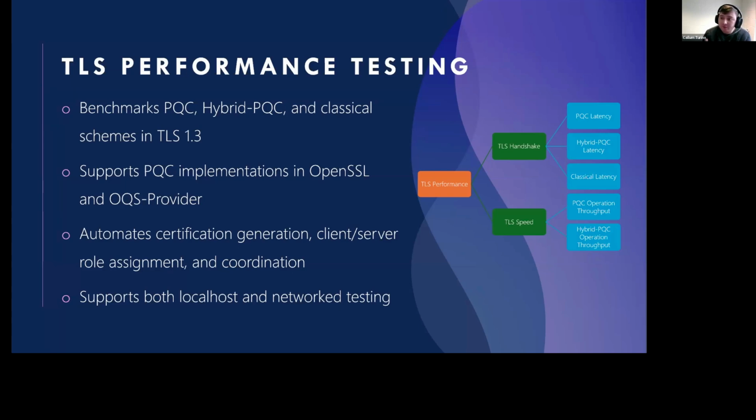The framework here will, again, automate certificate generation for the testing. It will set up machine roles and take in IP addresses and parameters, and it will coordinate the testing throughout. The framework supports both localhost testing and network testing, and this is a limitation often seen in other similar frameworks where only localhost testing is supported. With this, we're able to network devices physically or virtually if we're talking about cloud environments, and we're able to then account for real-world deployments of cryptography, like wireless communications. We can test that out now instead of just doing it entirely within the localhost.